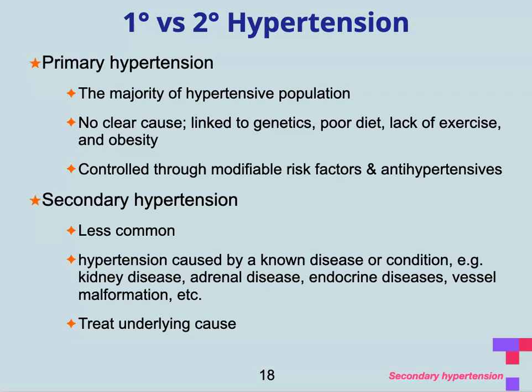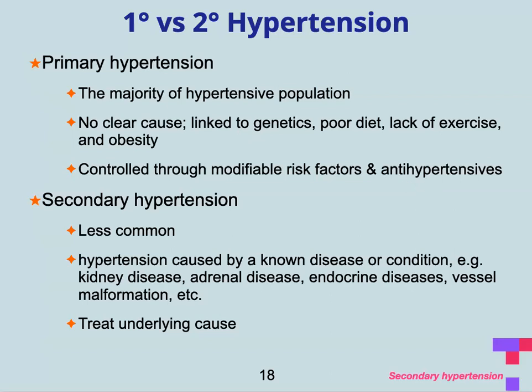Okay, that means it's linked to a combination of age, heritage, race, obesity, diet, smoking, and other comorbidities like type 2 diabetes. So generally speaking, there's no clear cause. Okay, and the general treatment usually involves a combination of treating the modifiable risk factors like controlling weight and lipids,